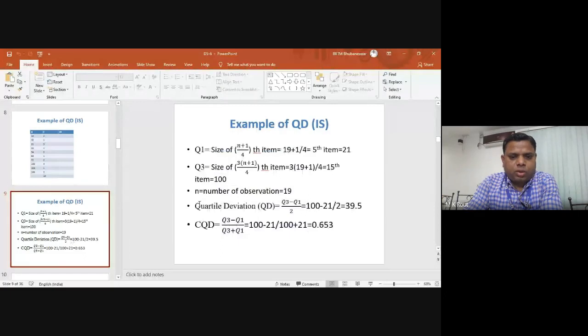You got the value of n, that is the number of observations, 19 for the x variable. After that, we go for calculation of Q1, that is the size of n plus 1 divided by 4th item. That means 19 plus 1 divided by 4, that is the 5th item. In case of the 5th item, that means 21 lies. If you go to this particular table,